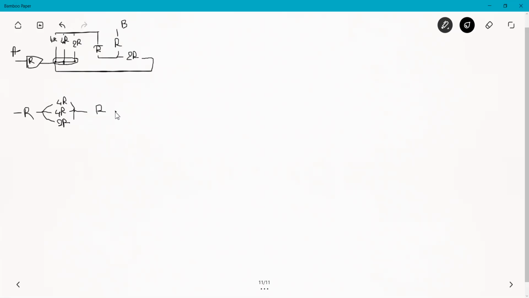Then you have a node, and then you have an R, and you can put B here. This is the point B. This is the point A. And we are missing now one resistor which goes from here, so it's 2R, to there. Okay, so this is just a redrawing, a bad one, but a redrawing of these circuits,